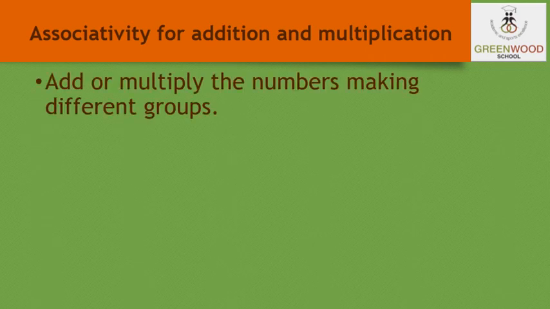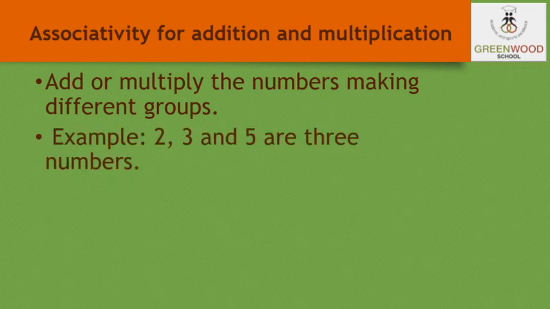Associativity for addition and multiplication. That means associative law. In this law, if you add or multiply the numbers making different groups, there would be no change in the answer. For example, if I take 2, 3 and 5,